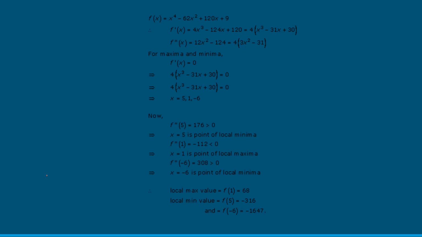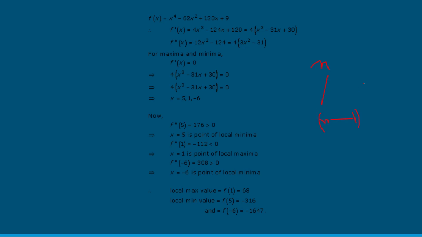If it is a second order equation, it may have either a maximum value or a minimum value. If it is a third order equation, it may have two values, whether all the two values are minimum values or maximum values. If you consider an nth order equation, then it has n minus 1 values, which may be maximum values or minimum values.